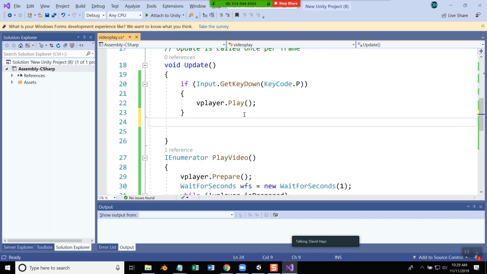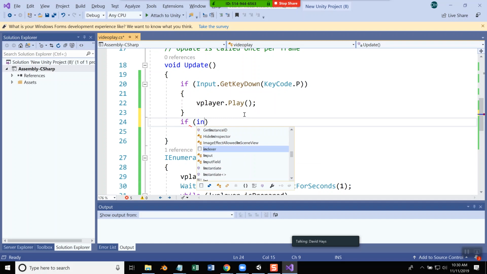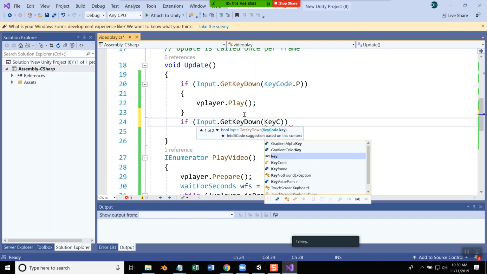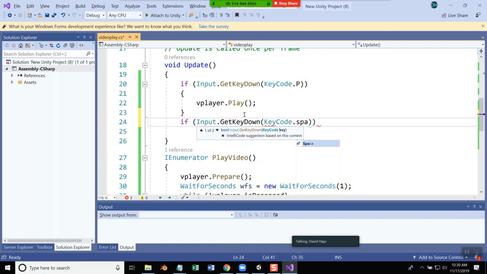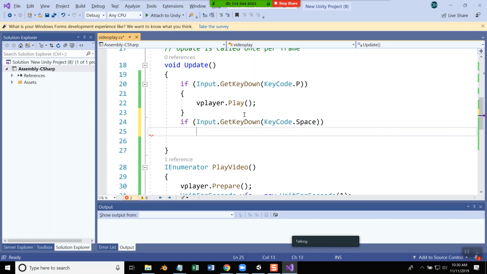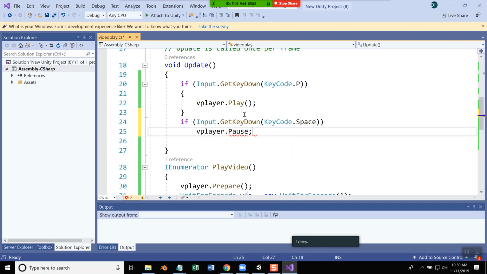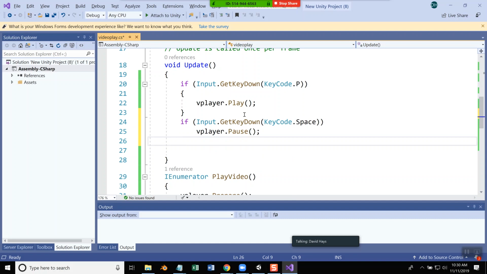Maybe the space bar will pause it. If Input.GetKeyDown(KeyCode.Space), then vplayer.Pause. It's a method, so I need the parentheses there. Now if I save this and run it,